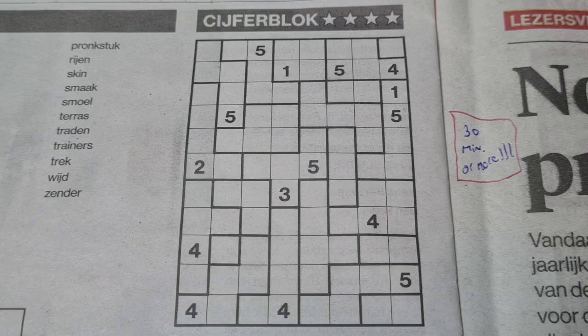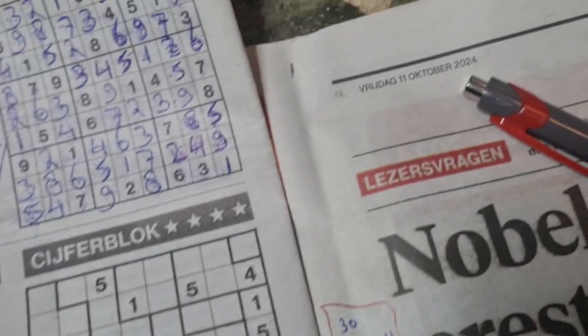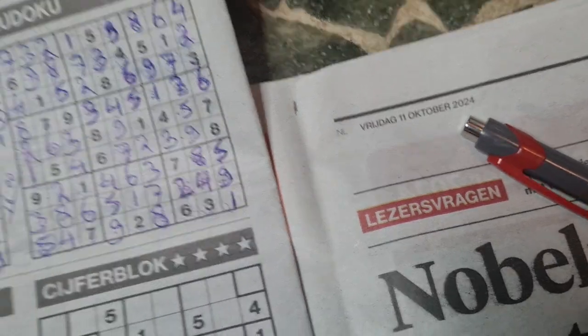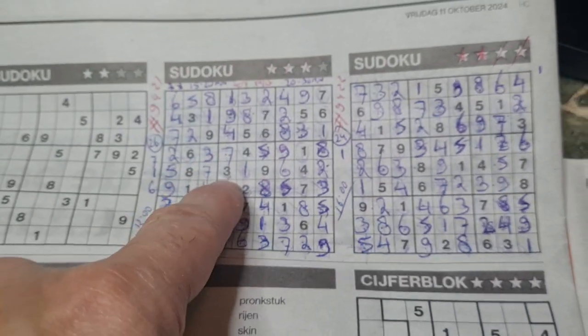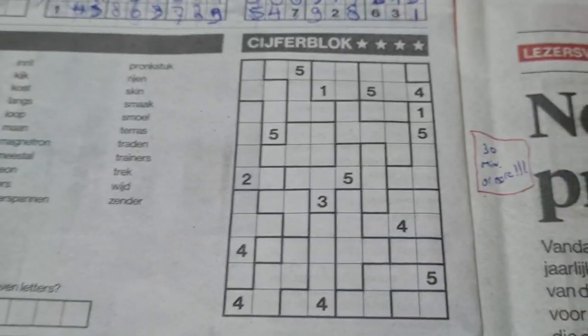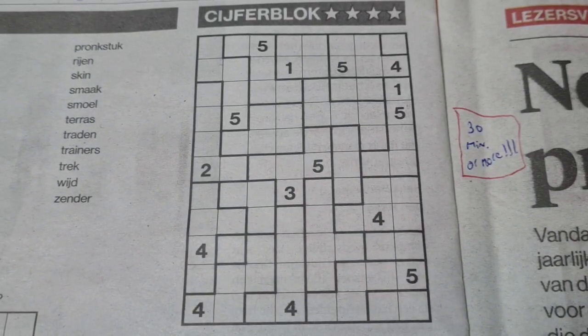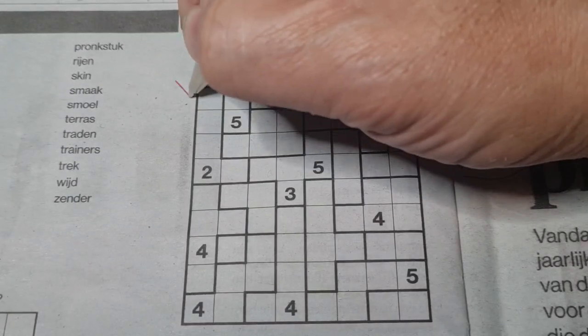The fourth and last puzzle in the additional of today's newspaper on Friday, October the 11th, 2024. And I've already solved three puzzles: the 3 stars, 4 star Sudoku, binary. So one puzzle is left. It's the Jigsaw Sudoku, aka Tectonic. In Dutch, they call it Cyberblock. In Japanese, Suguru. And this one will be number